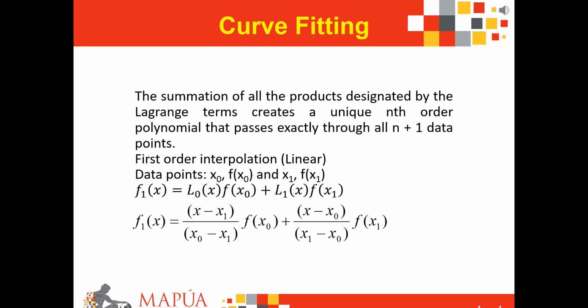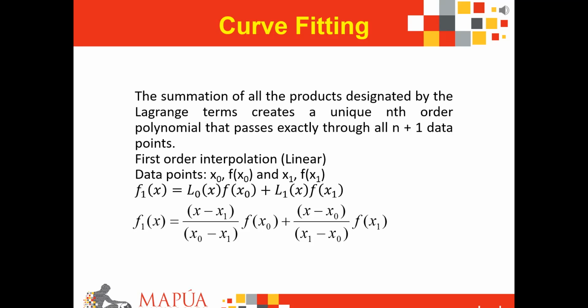Likewise, your L1 of x is evaluated to be, its numerator to be x minus other values of x except x1, which in this case would only mean x0. Thus, your numerator would be x minus x0 divided by the data point x1 minus the other values of x, in which case the only other value of x other than x1 would be x0. Thus, you end up with a difference of x1 minus x0,